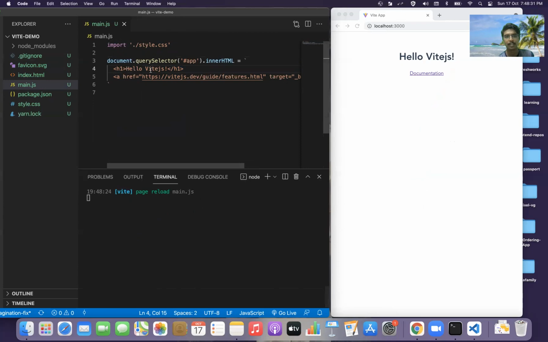Let me type something like hello world and Vite.js. See, it's that fast. Okay, cool. I know I'm cheating you guys with some demos, but this is not the only reason to adopt Vite. There are many other things which we'll take a look at in the next video, when we explore all the features. So stay tuned. Trust me, stay patient. We'll come to the details, and I'll definitely convince you soon.